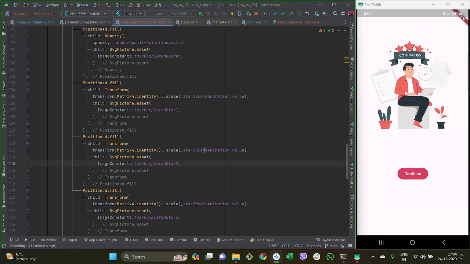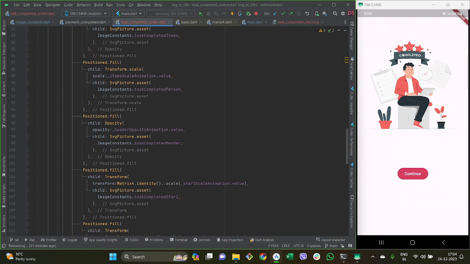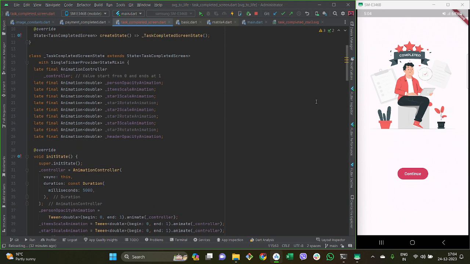What we can do is that this element comes from the bottom to top. At first this completed will be shown. After that these elements come from bottom to top as if they are coming from the completed. At first the opacity of this element is 0, and as they come up opacity increases. Basically what I'm saying is that once the completed is shown, this star will appear from the bottom like magic. There will not be any rotate, there instead will be